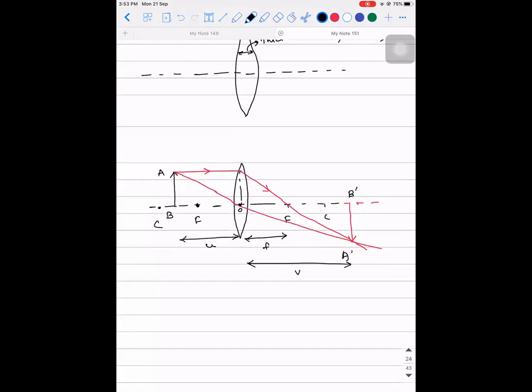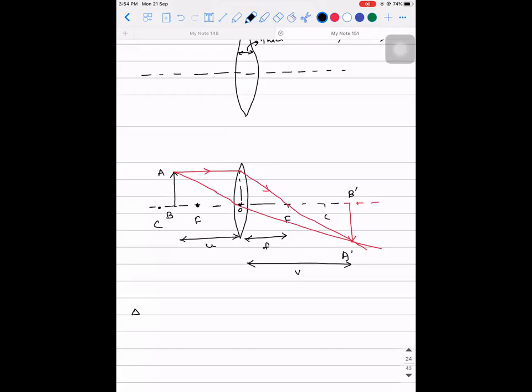So tell me, we need to look for the similar triangles and then proceed. So what are all the similar triangles that we are able to observe? UOC. Sorry, triangle UBC. OBC. See, you need to look for right angle triangles only.